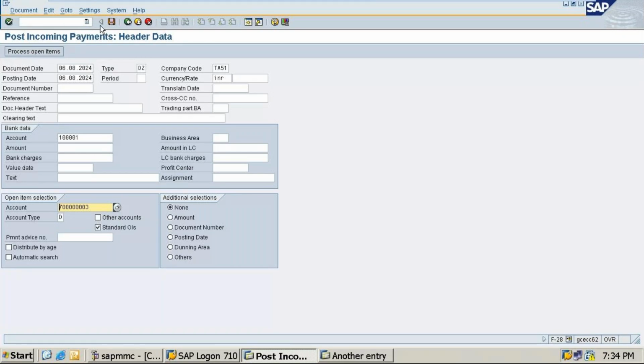Then you directly save this. That screenshot where the document is posted, you have to send.